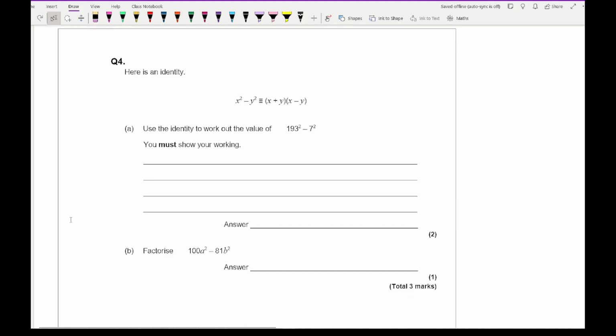Then for question 4, it says here is an identity. Use the identity to work out the value of 193 squared minus 7 squared. And you must show your working out. So I need to use this. So here, what I've got is x equals 193 and y equals 7. So all I'm doing is comparing this to this. So if I substitute these numbers into this algebraic expression, then what I end up with is